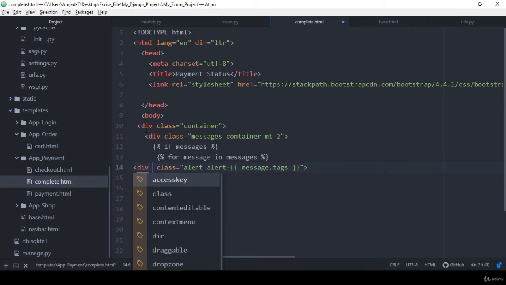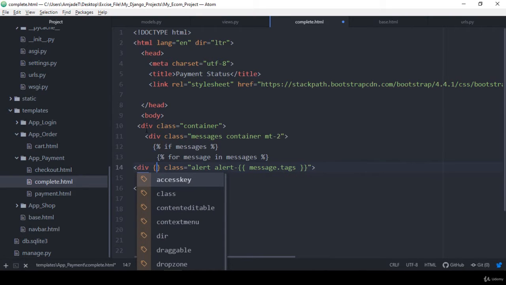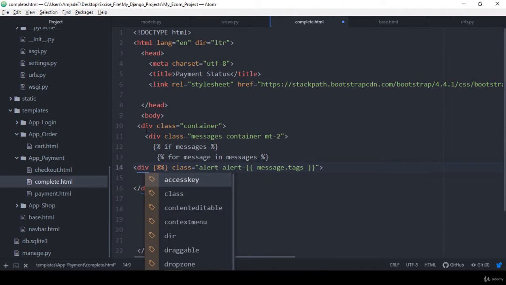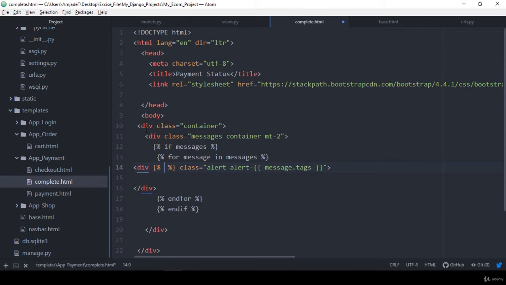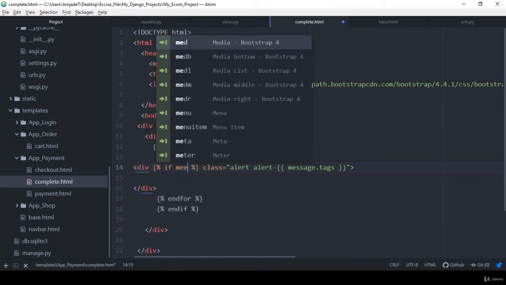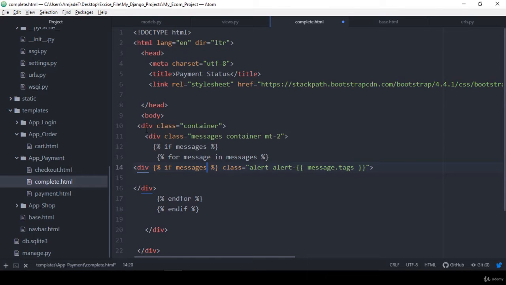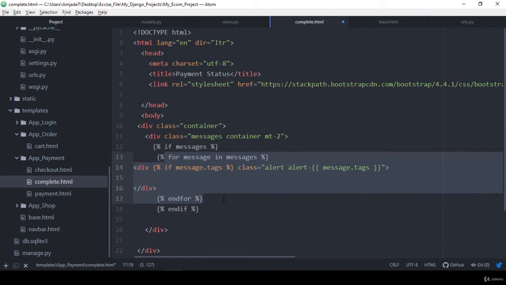So that is our div. And here I want to define one if condition. We did this work because here I only want to show that message, right? So that is our if messages. So if these messages have some tags, then this class, with this message, it should actually be message. Okay, that means right now we are already in the for loop. So if this message tags class alert will be message, then this message tags will be added,